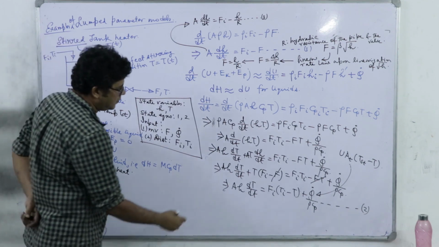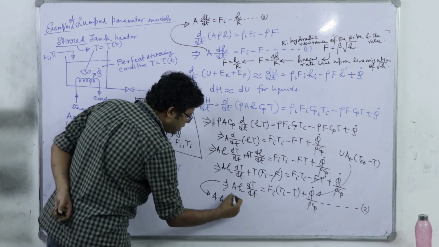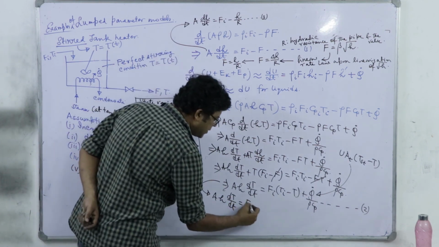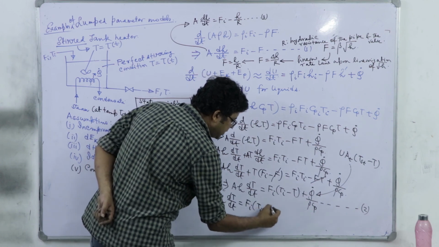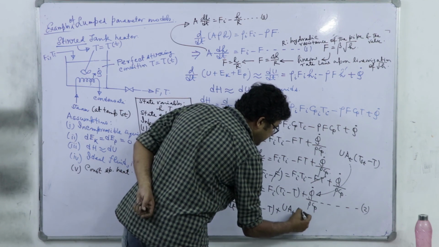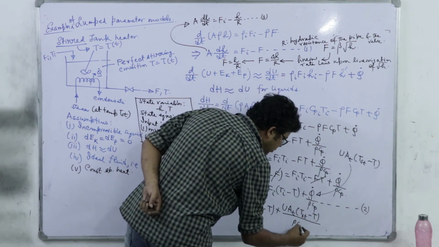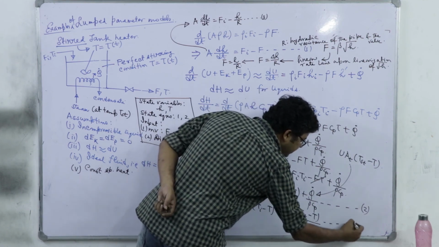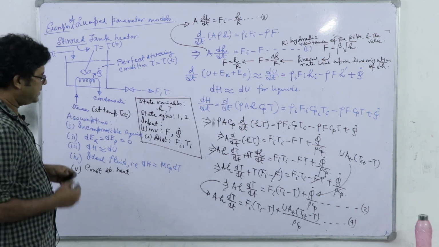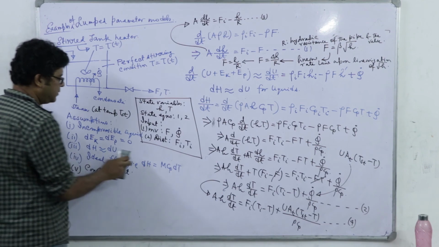So we can modify this equation as A h dT/dt is equal to Fi (Ti minus T) plus U At (Tst minus T) divided by rho Cp. Let us say this is equation 4. Now for that we can actually introduce another